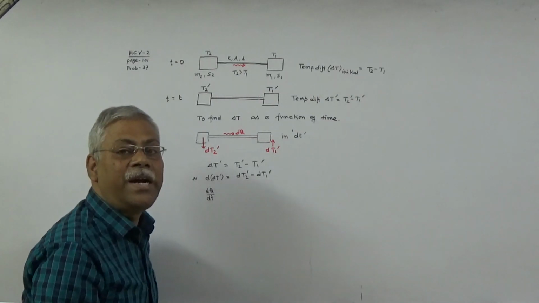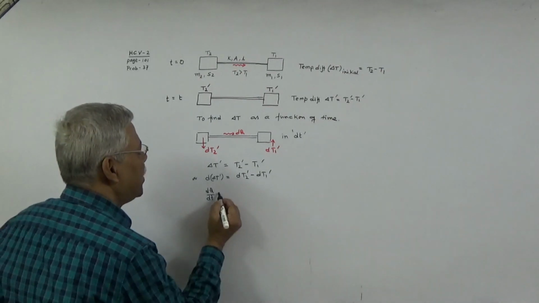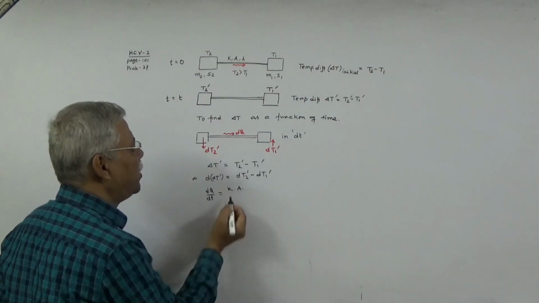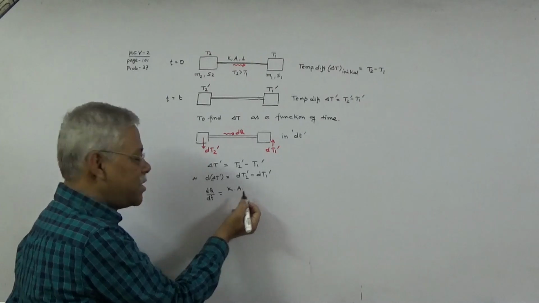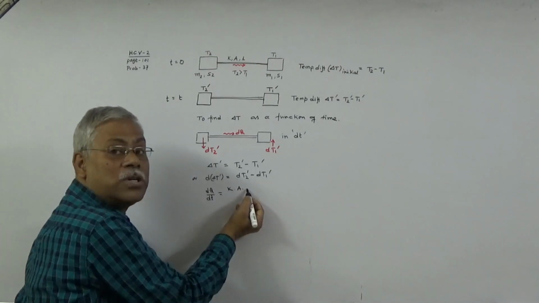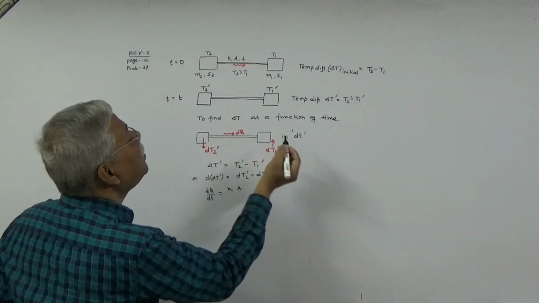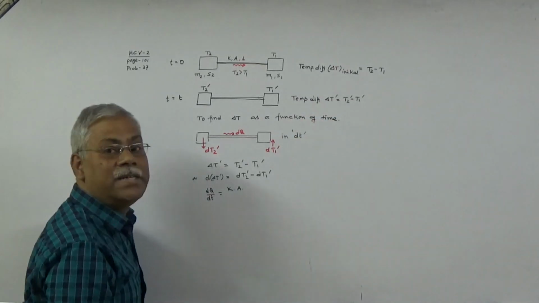That means the rate of conduction at the instant t. The rate of conduction at the instant t is given by this expression, K into A into temperature difference. Since this is the rate of conduction at the instant t, we will have to use the temperature difference at the instant t. What is the temperature difference at the instant t? It is del T dash